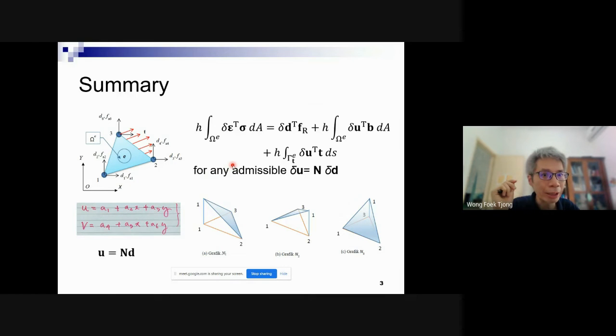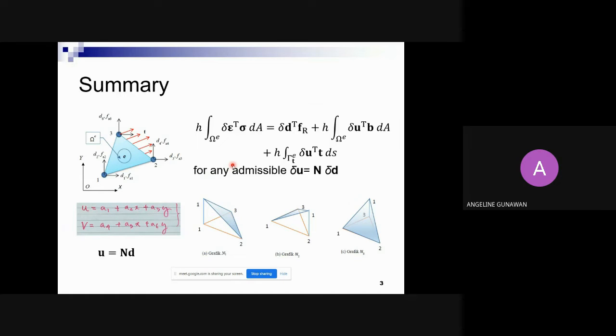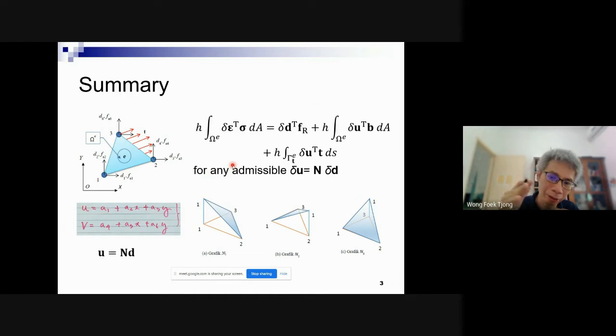Surface traction can be any force, maybe from contact with others. For example, if we have loadings outside the element, from outside, that act on the surface. That's the possible force. Is it clear? So if there's outside force coming from contact with others, applied by others, that's the surface traction.